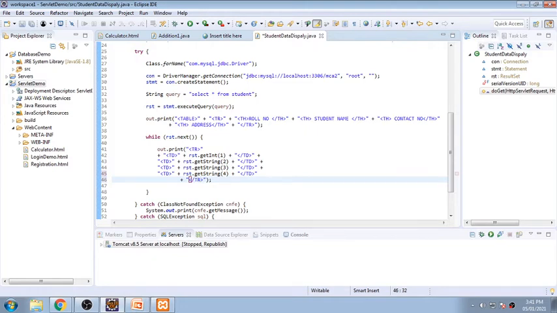So if it is one record, one row will be created with different cells: cell number 1, cell number 2, cell number 3, and cell number 4. So 4 cells will be there, and this row will be completed. Now if this loop is executing for the second time, it will be displayed on a second row. So up till now I think everyone is clear with this one.